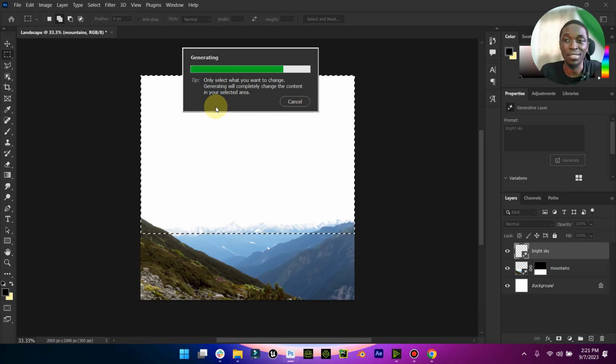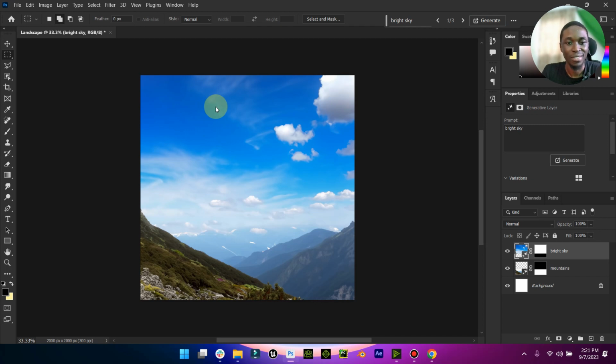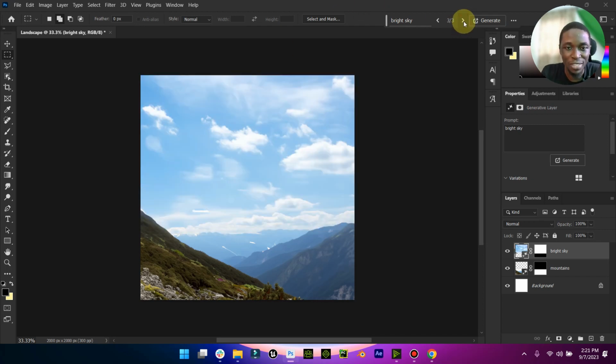And yeah, it's amazing what Photoshop is doing, this is just beautiful. So we have this, and we have this. I love this already. Like, I love this. So now that we have our mountains and our bright sky out of nothing, the next thing we want to do is introduce